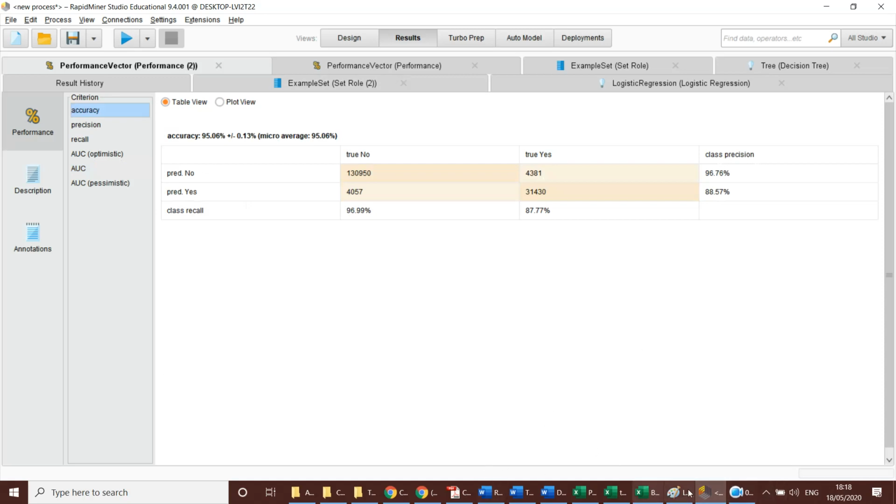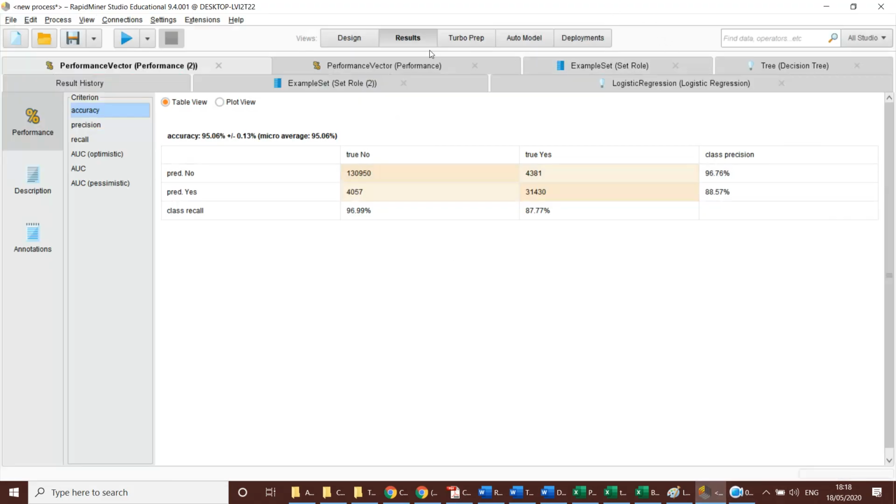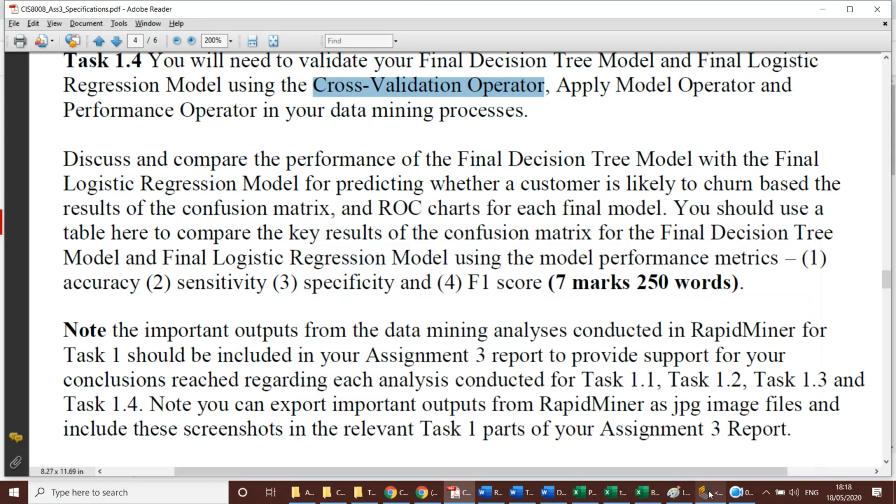Go ahead. Write it. Just write about accuracy for all these things. Give confusion matrix. So you have both the confusion matrix, right? This 100% is decision tree confusion matrix. 95.06 is logistic regression confusion matrix. Okay, so take screenshots of these two things and write some basic information related to it. Right? Okay, guys.